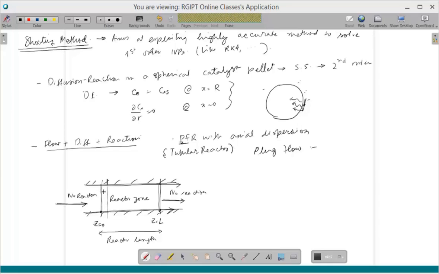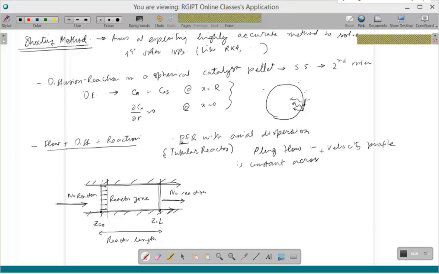If you look at the velocity profile, it would look like this. So plug flow means the velocity profile is constant across the cross section. Basically, it's telling me that Vz is constant,